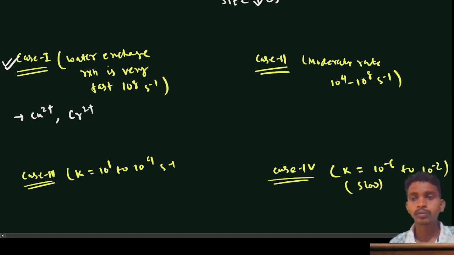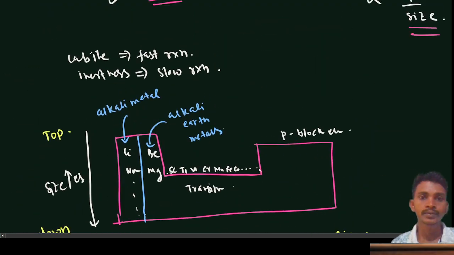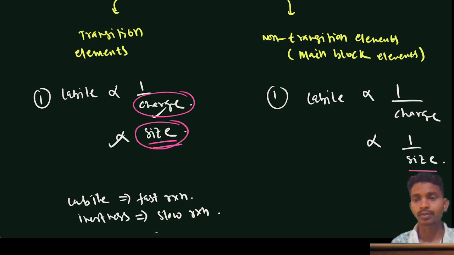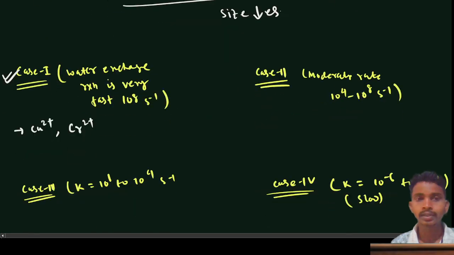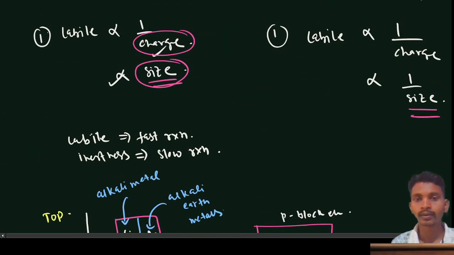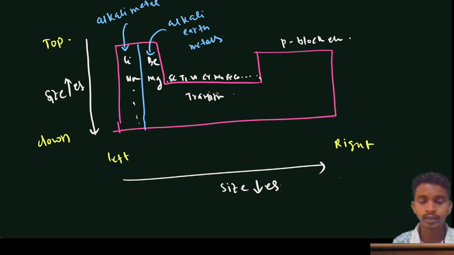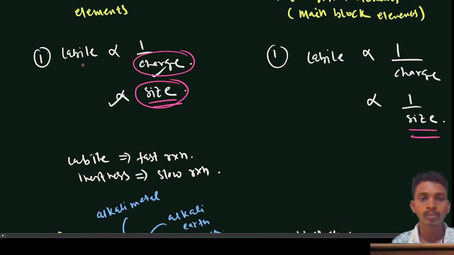So we see here that for lability two things are important: one is charge, another is size. Charge is important and size is also important. From this periodic table we see that from left to right size decreases. So here scandium, titanium, vanadium, chromium, manganese, ferrous, from here to here size decreases, and if size decreases, then for labile...